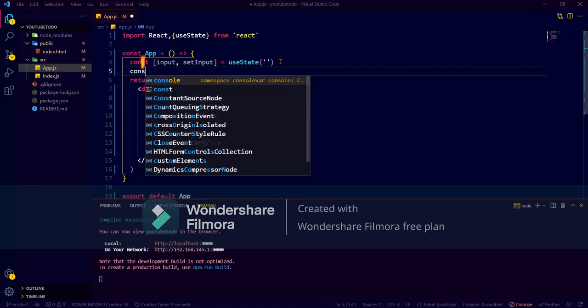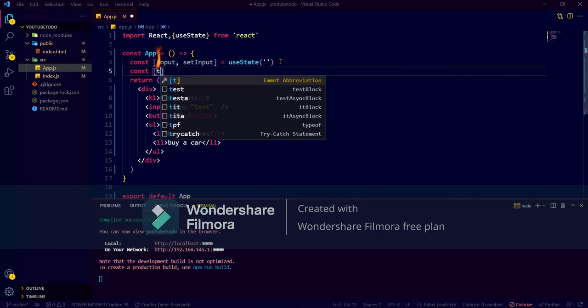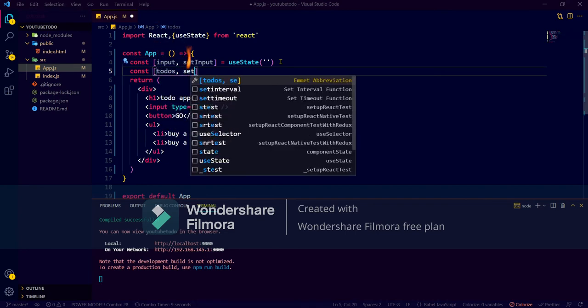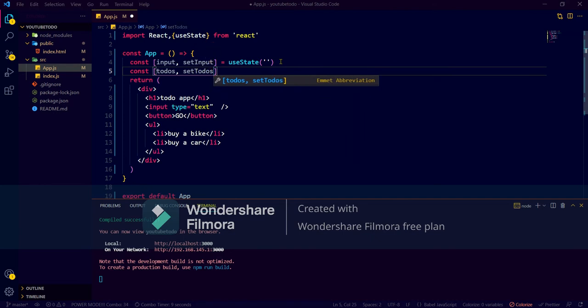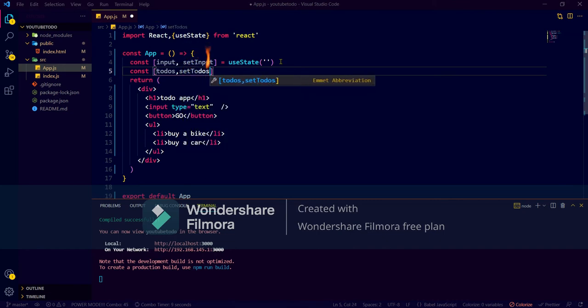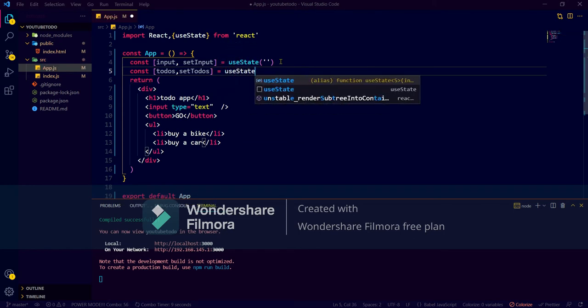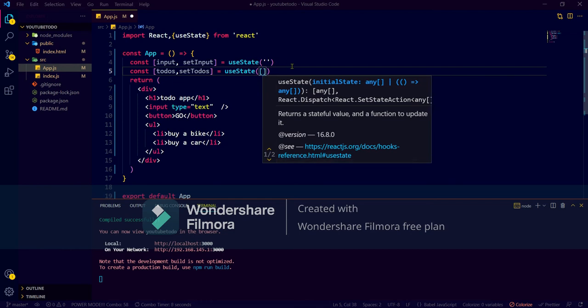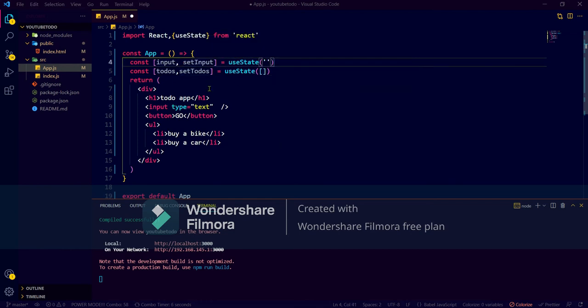We can make here const todos, setTodos, useState, and this will be an array. Why will this be an array? Because once we write in input and press the go button, all that has to be stored somewhere, so that will get stored in an array. That is why I am using an array here.